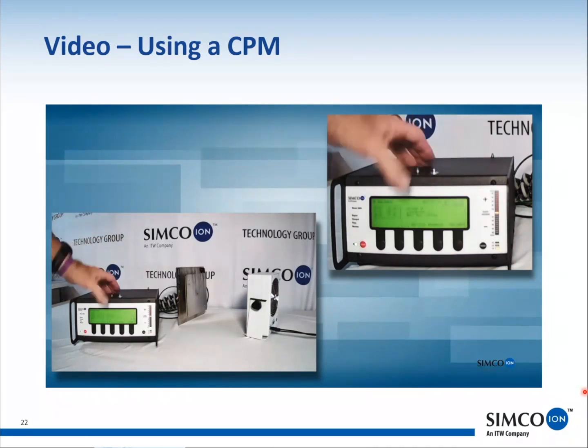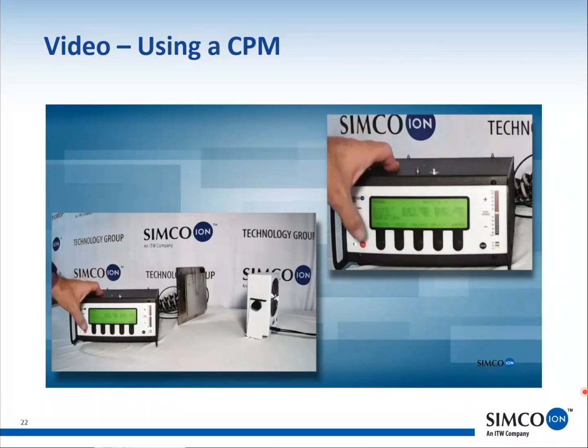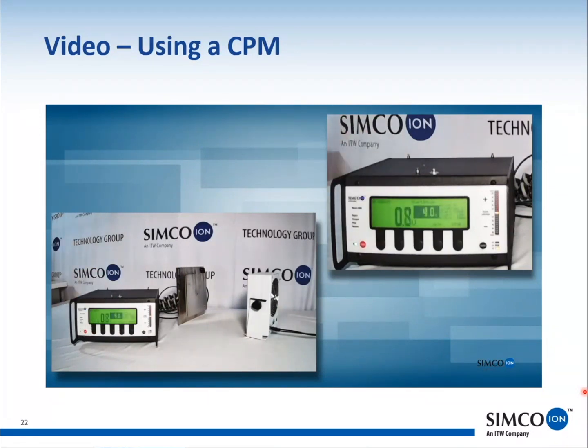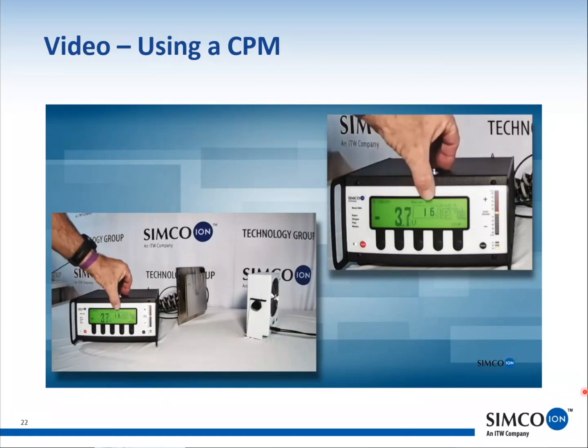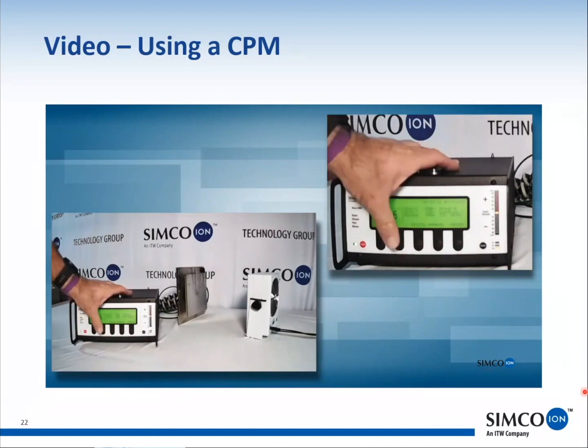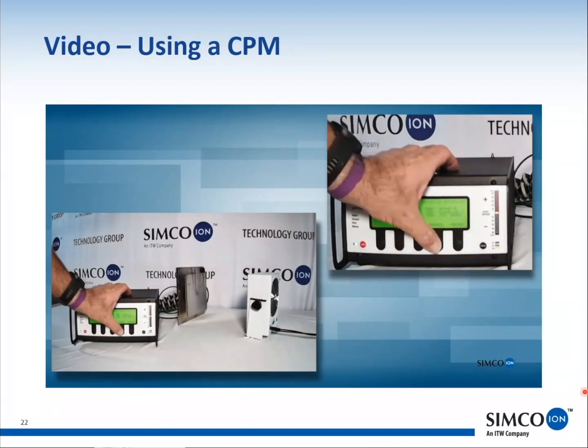So now we'll back out to the main menu and we'll do the other tests, which are a positive decay test and a negative decay test. So the positive decay test, the charge plate grounds itself, and then it charges itself to 1,000 volts positive and measures how long it takes the ionizer to decay the charge down to 100 volts. In this case, it took 1.6 seconds. Let's stop that measurement. Go back to the main menu